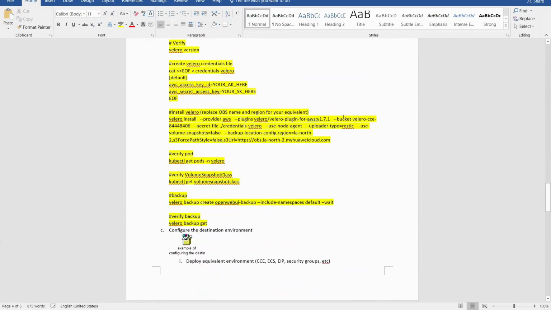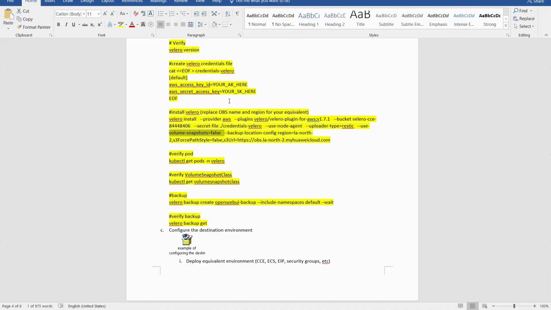And you need to pay attention to the uploader type and these other parameters. In order to remember some main concepts related to CCE migration with Velero, we need to use